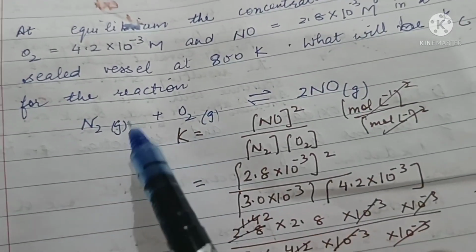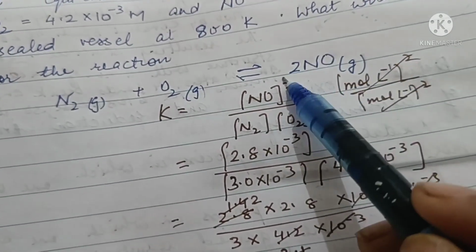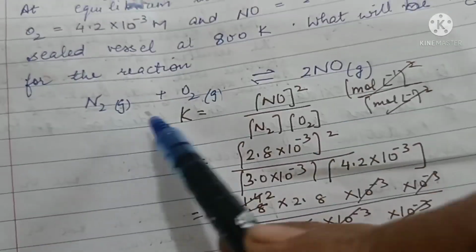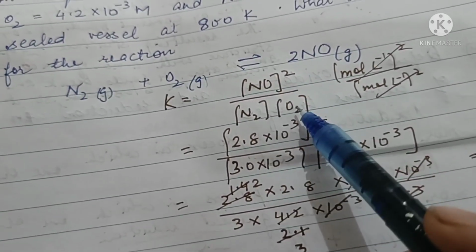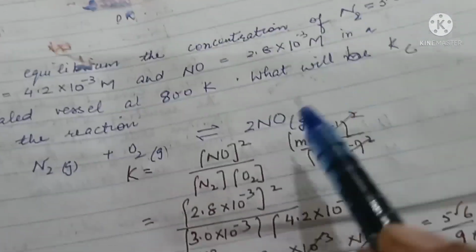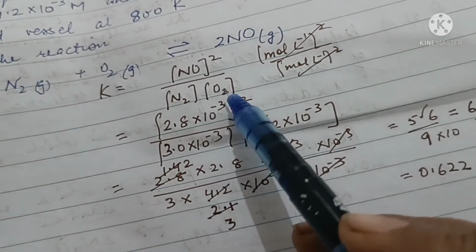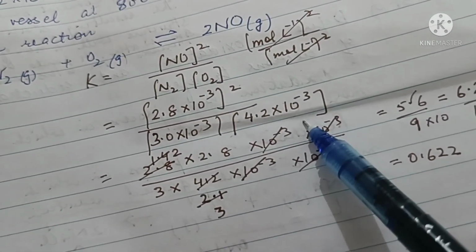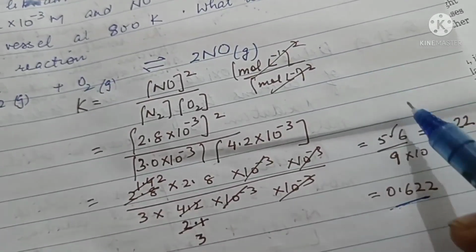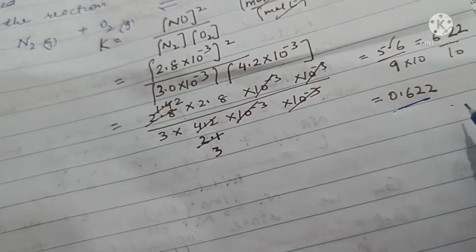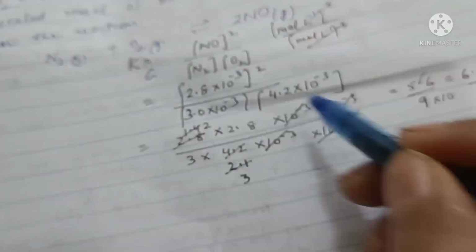So Kc for the reaction, when the reaction is N2 plus O2 gives 2NO, will be concentration of products raised to the power of stoichiometric coefficient 2 upon concentration of reactants. Now, putting the value of concentration in this expression, NO was 2.8 into 10 to the power minus 3 squared upon N2 was 3 into 10 to the power minus 3, and O2 4.2 into 10 to the power minus 3. On solving, we get 0.622. Also, the units cancel each other out, so it's a unitless value. The equilibrium constant Kc is equal to